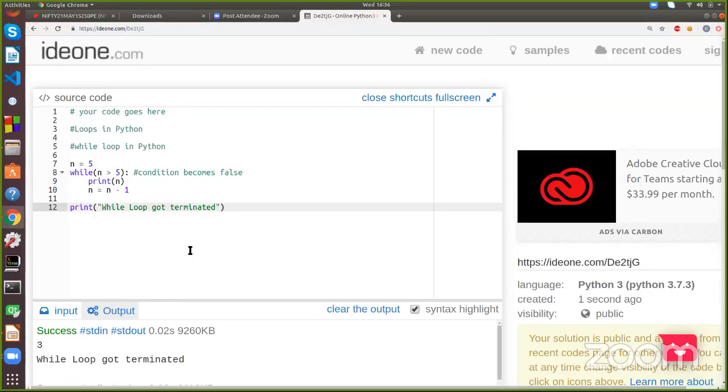Is anyone there who can tell me the result? What will be the output of this while loop? Okay, I think I got one correct answer. Yeah, if you have written the output as while loop got terminated, then you are right.